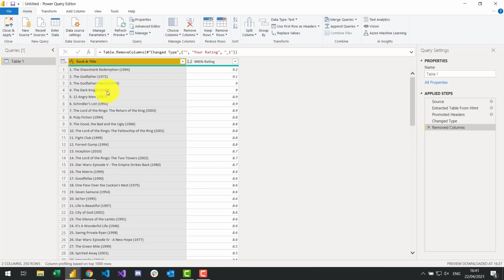So in Power Query, we have a special function. It's called Split Column. So we can choose Split Column, and in this case by delimiter, because here we have some delimiter like dot and space which separates them. So let's choose by delimiter